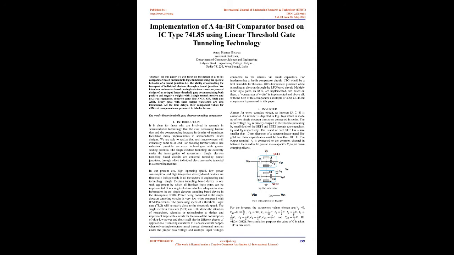the specific behavior of a tunnel junction, i.e., the ability of controlling the transport of individual electrons through a tunnel junction. We introduce an inverter based on a single electron transistor, a novel design of an n-input linear threshold gate accommodating both positive and negative weights with one single tunnel junction and n+2 true capacitors, and different gates like AND, OR, NOR